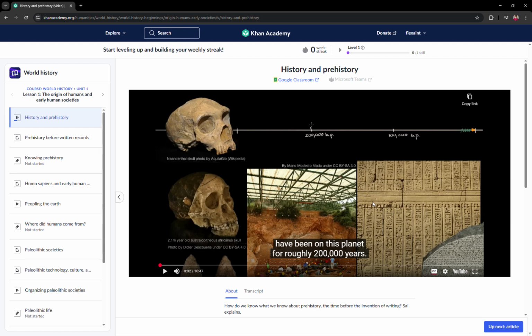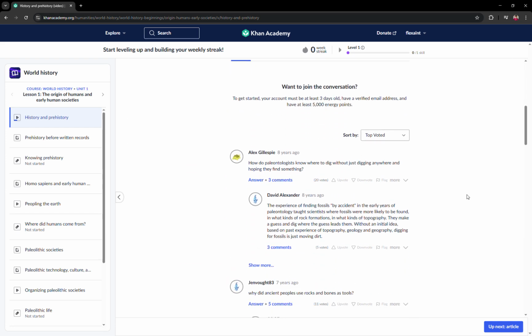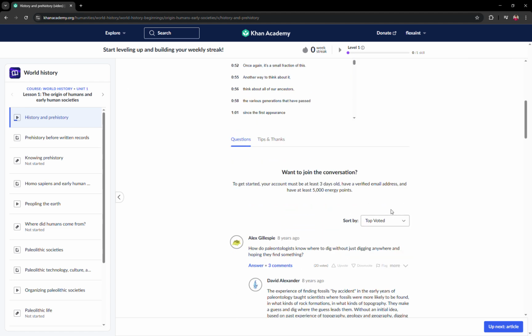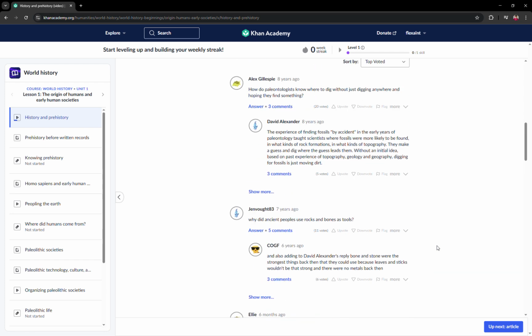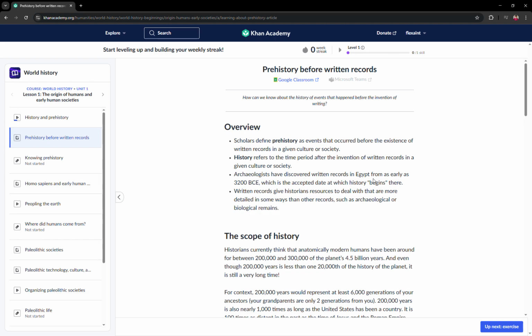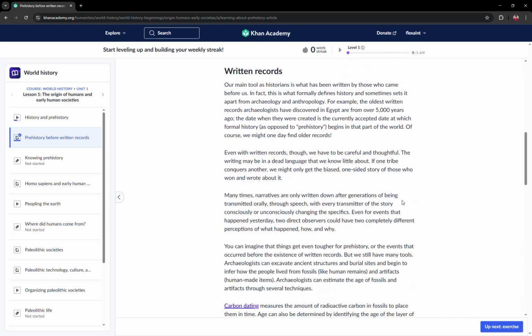Below the video, you often find a transcript, which is helpful for reviewing key points. So here is a transcript, as you can see. The timeline, or time marks, are included in the transcript, of course. And here are some comments by other users of Khan Academy. And aside from videos, we have here some online modules provided.